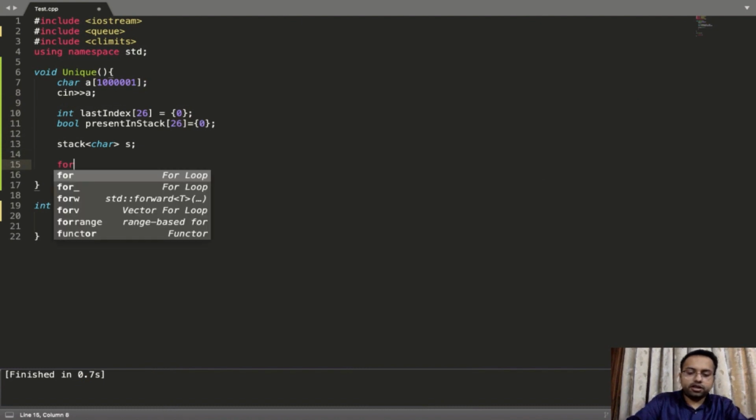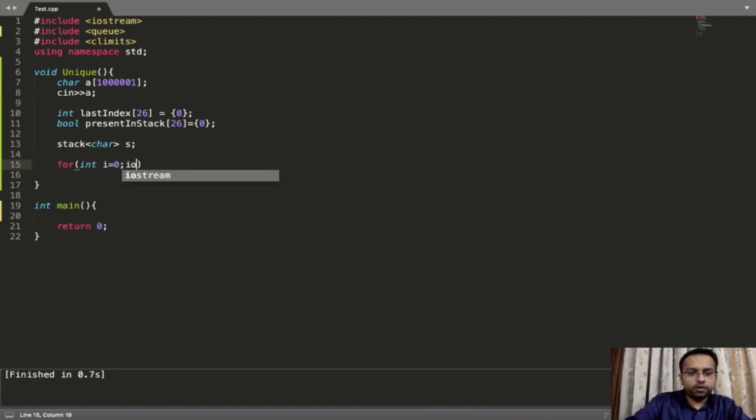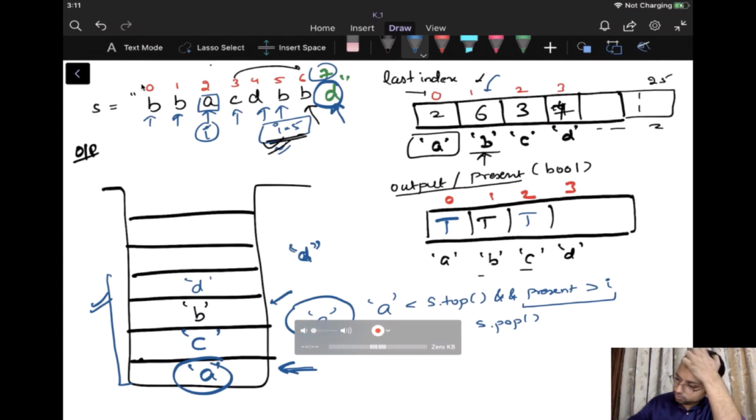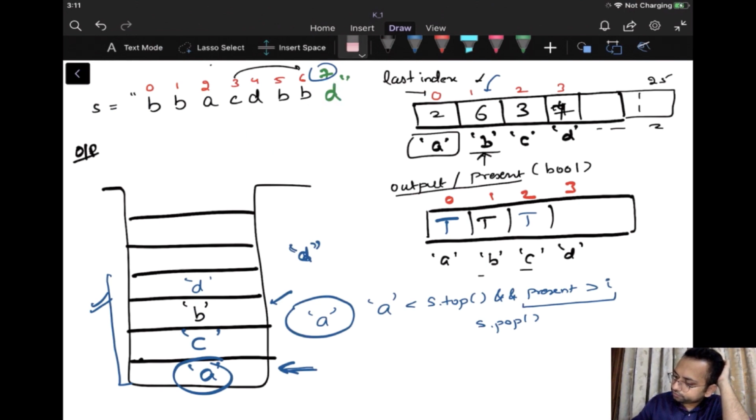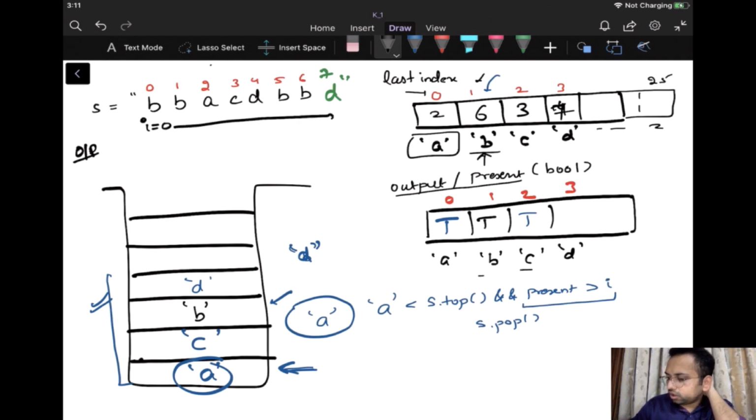Now the next thing is we need to iterate over this string till a of I is not equal to null, and I'll do I plus plus. So it's simple. We have to iterate over this entire string from index 0. So I starts from the 0th index and goes till we reach null. All right, so we will start from it.